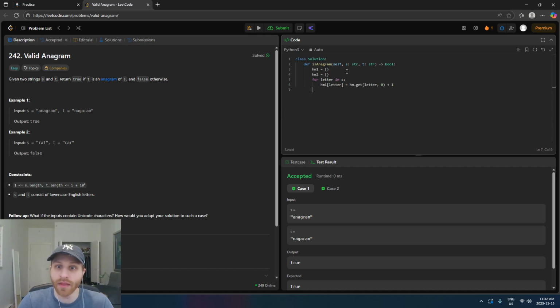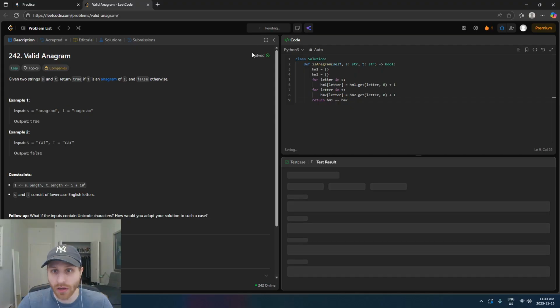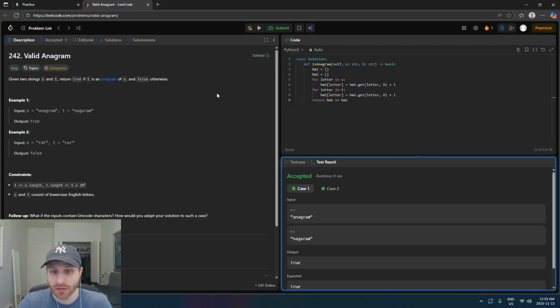And then we can do the same thing for hash map 2, for letter in T, hash map 2 letter equals hash map 2 dot get letter 0 plus 1, and we can just return hash map 1 equal to hash map 2. We could check and see if this works, and there we go. So it works. Let's submit this one too,